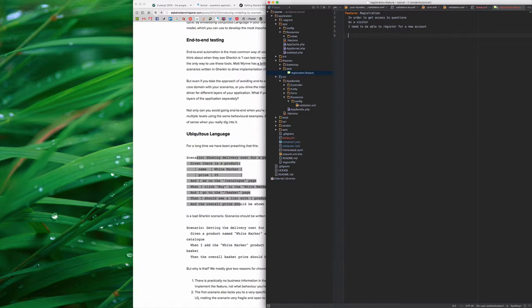After this is done, we can start with our scenarios. So, scenario, and we can do a few scenarios like registering a new account,